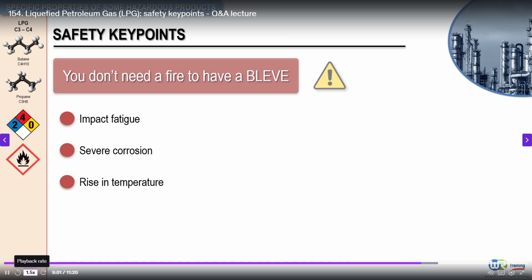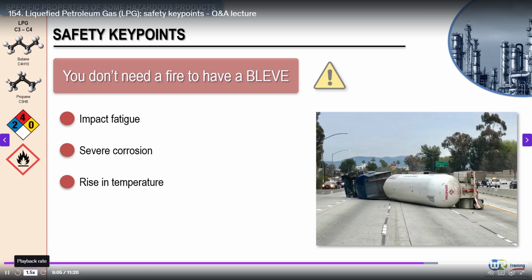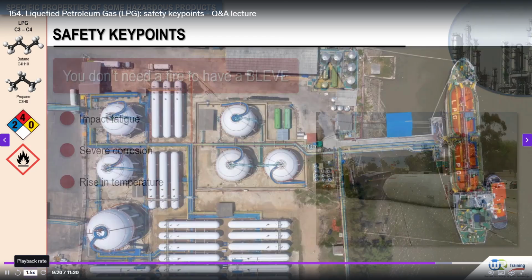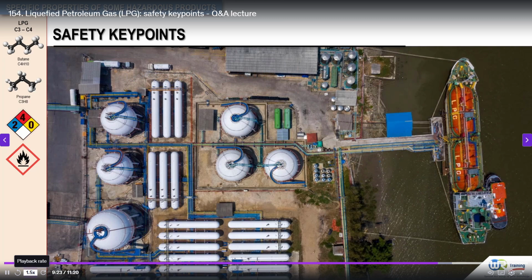A damaged tanker overturned on the highway and left in the sun for hours could blow without any fire. To prevent the possibility, the tank should be emptied or kept cool before pressures and temperatures can rise in the tank. The best way to deal with a potential BLEVE situation is to try to prepare for it, and hence